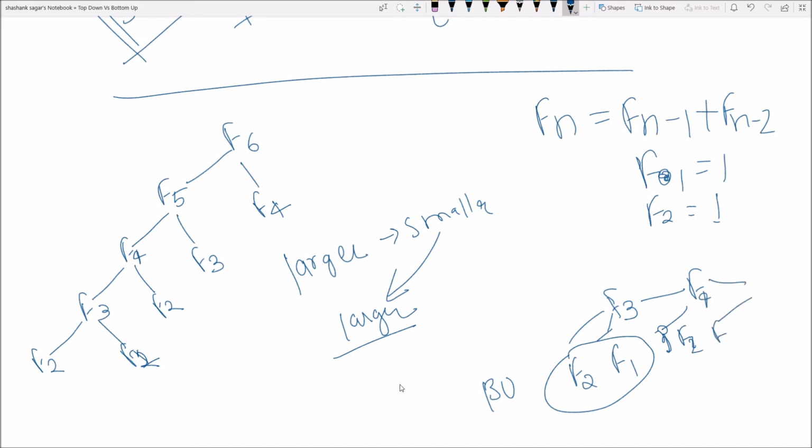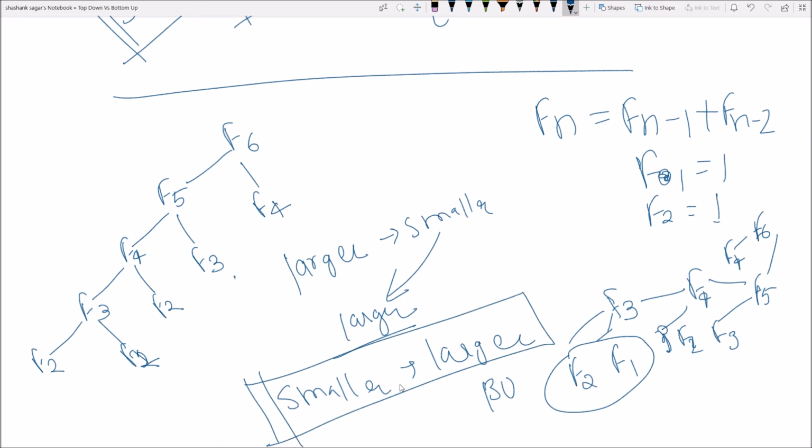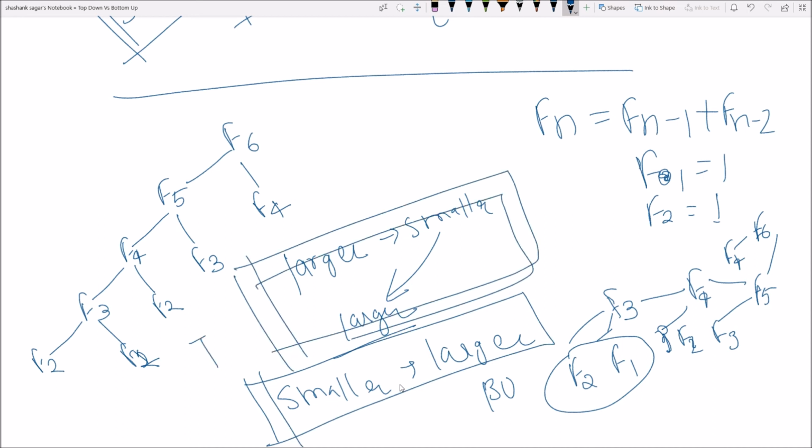Using F4 and F3 we were calculating F5, and using F5 and F4 we were calculating F6. So from a smaller to a larger problem. So this is the difference between the top-down and bottom-up methods.